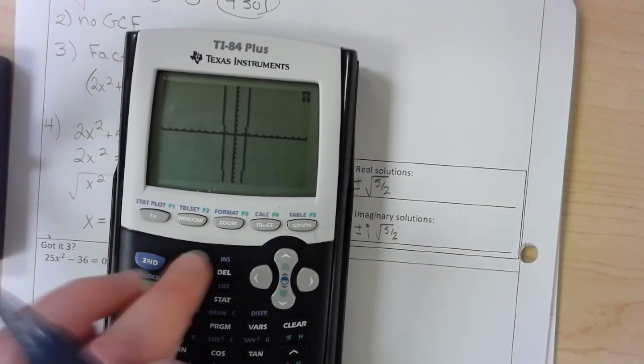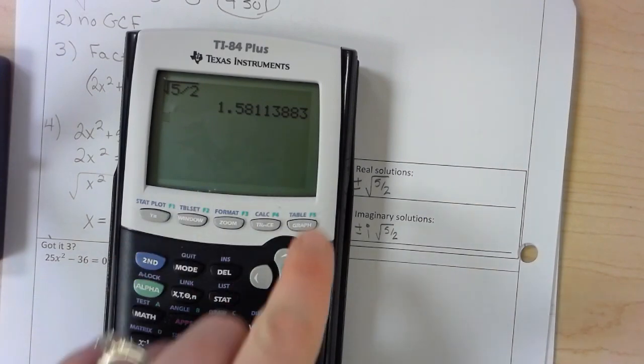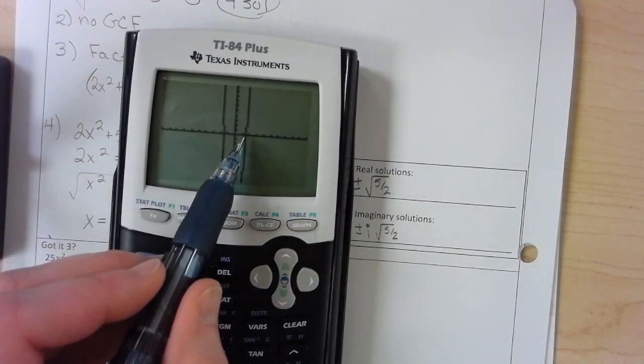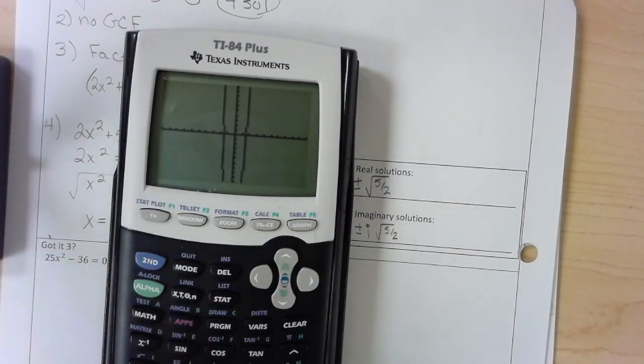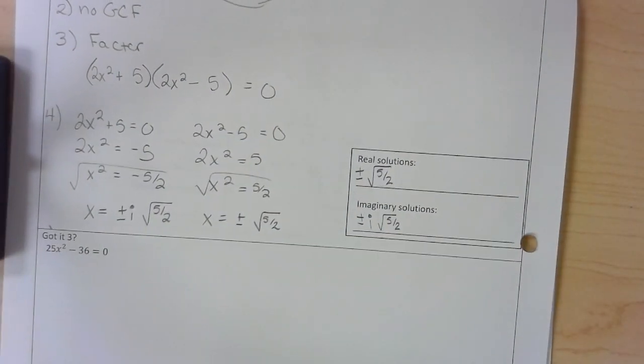Whatever square root of 5 over 2 is, let's check that out real fast. So 1.58, if we look at our graph and we zoomed in, it really does look like it's crossing at 1.58 and negative 1.58, which is why that's an answer. All right, let's